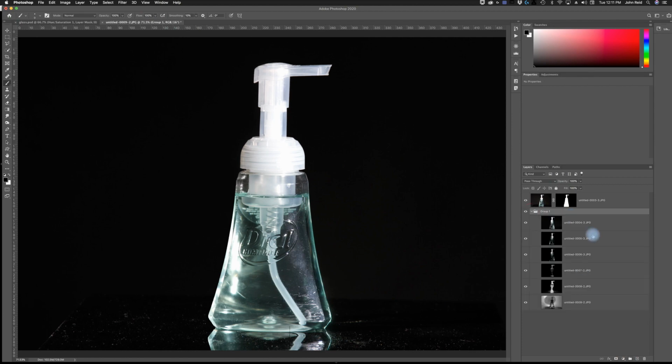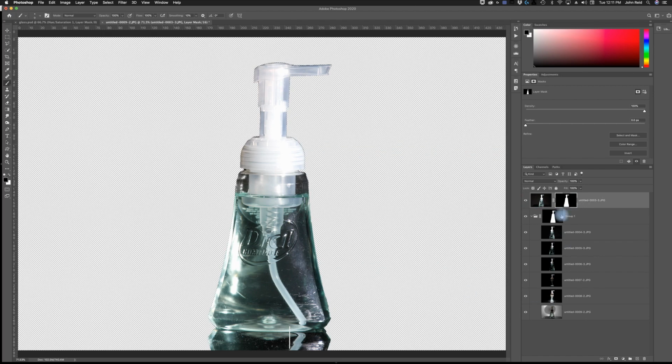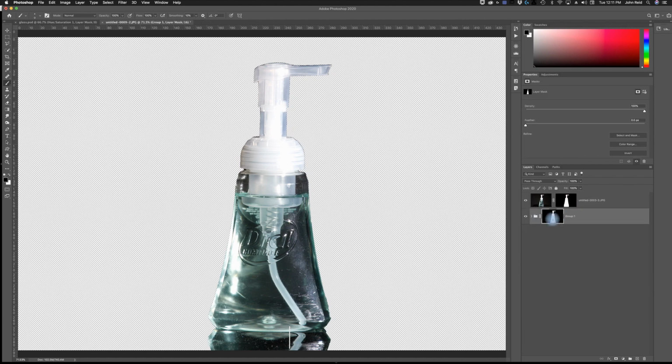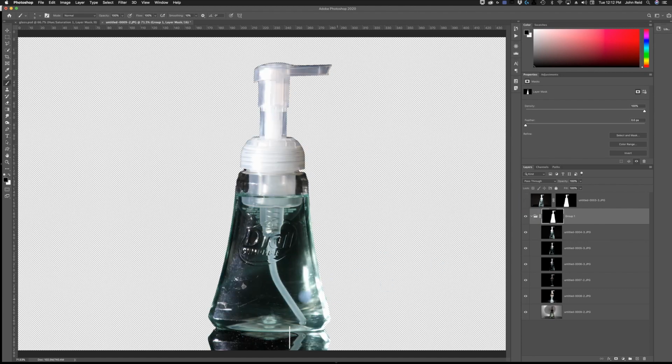And now, so these are all grouped together. So what I will do is I will take this mask here and I will press Alt and drag it on down to the folder and let go. And now what's gonna happen is that on this folder, that mask is gonna apply to all of them below there, so that you can see that once I turn this off, all the rest of them below it